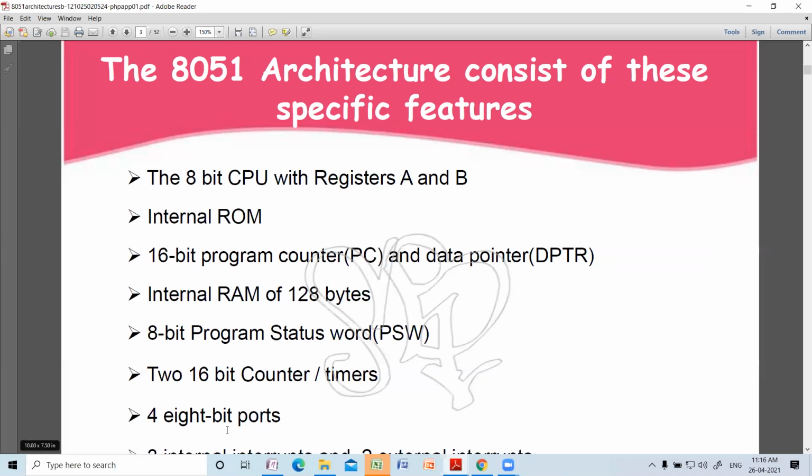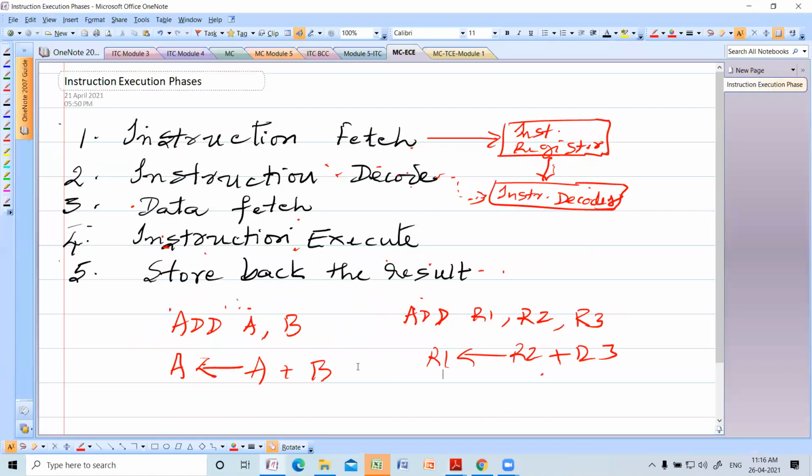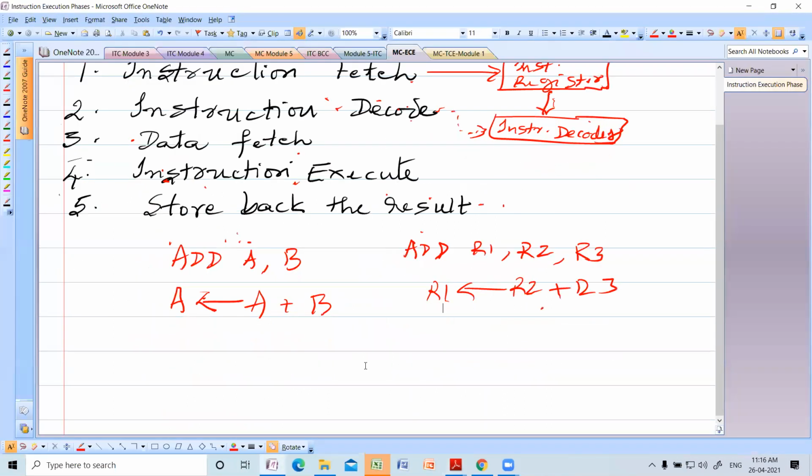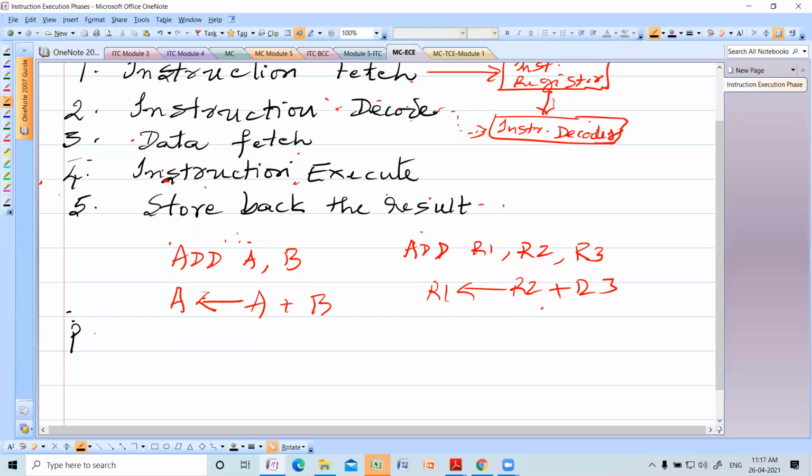Even I would write that and project it to you, in a different color. What is a program counter? I'll write the definition here.